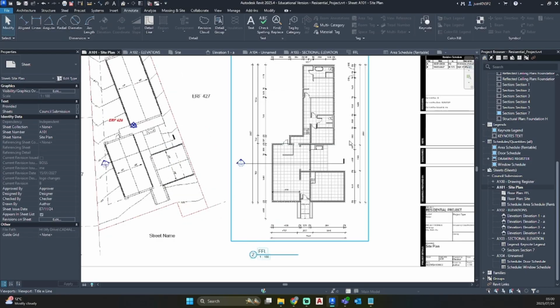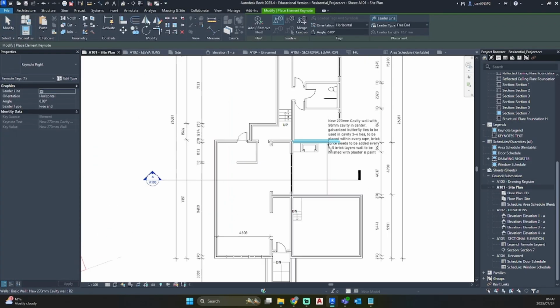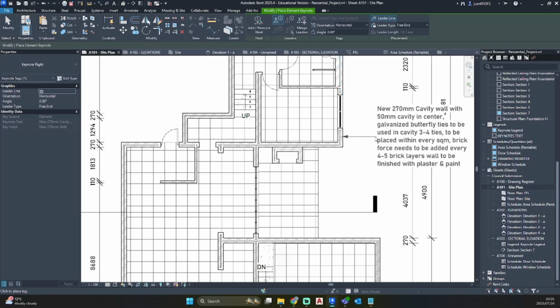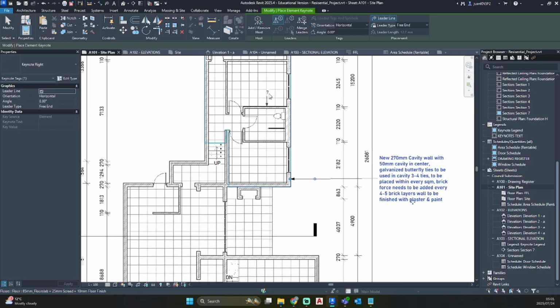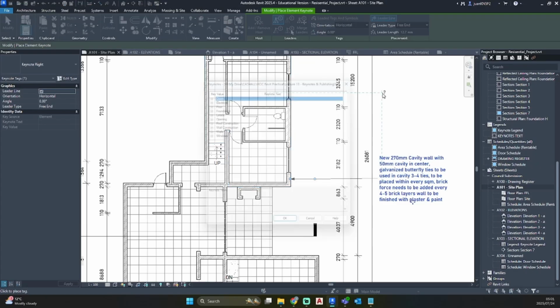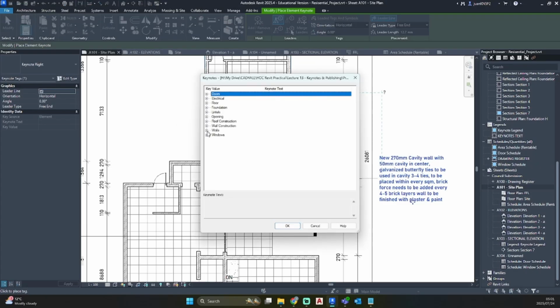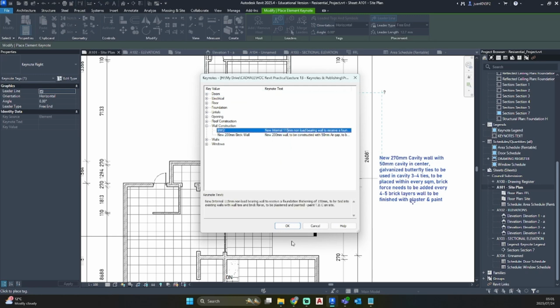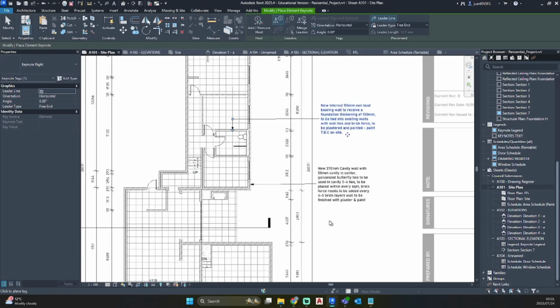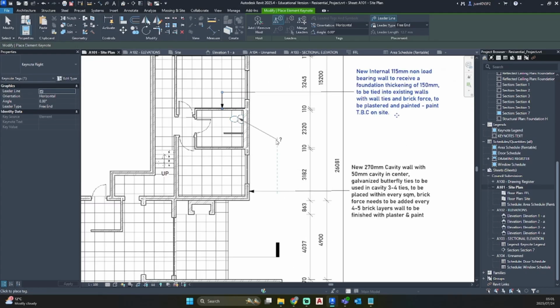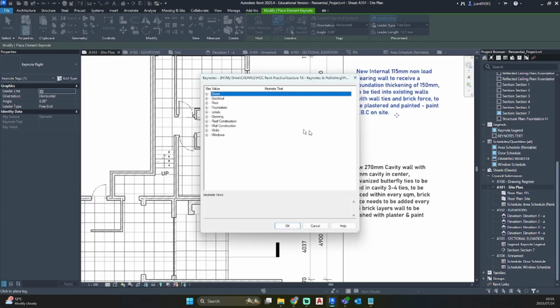Same goes for your floor plan. If you want to add annotations to your floor plan, we can go and add our annotations. It's going to call my toilet.